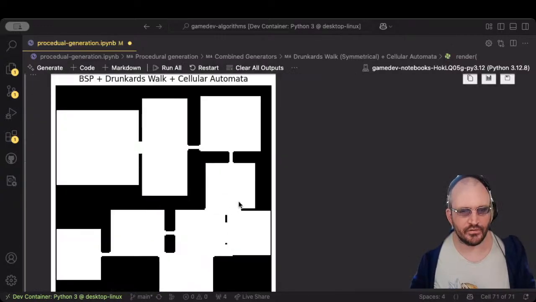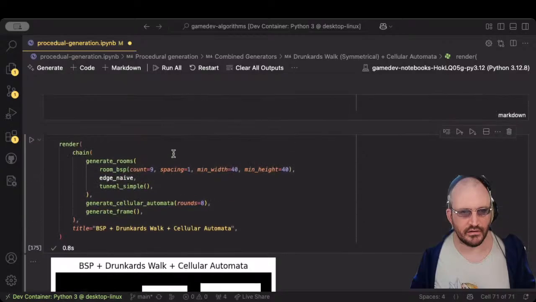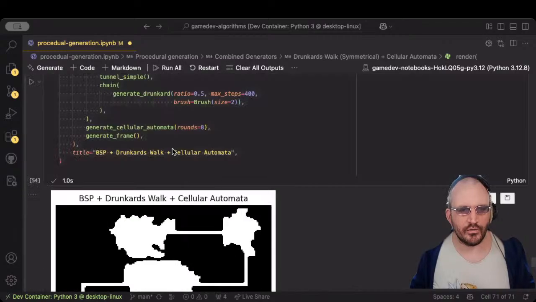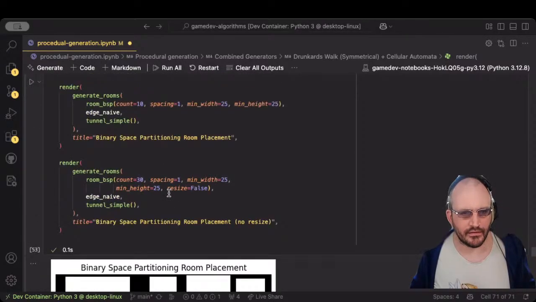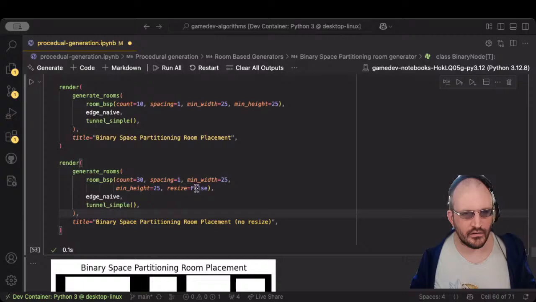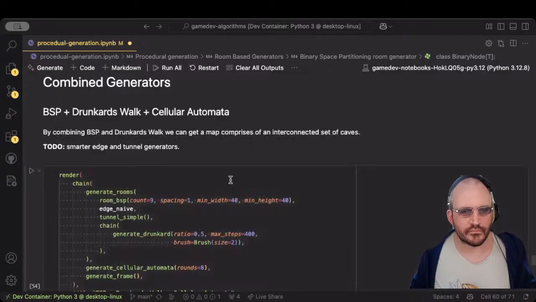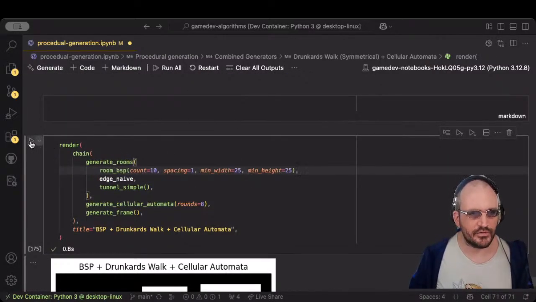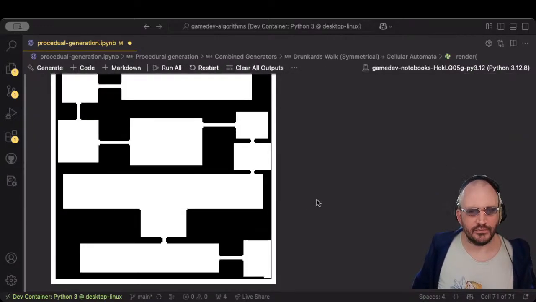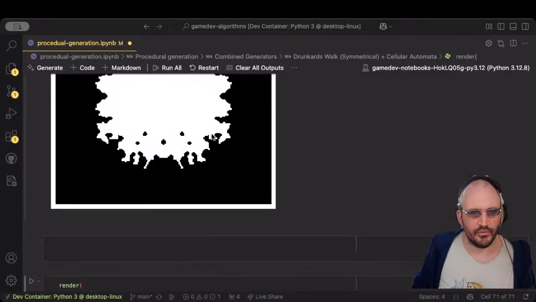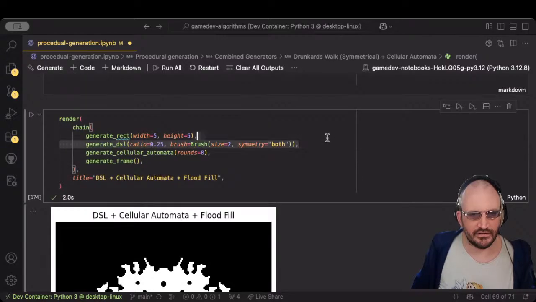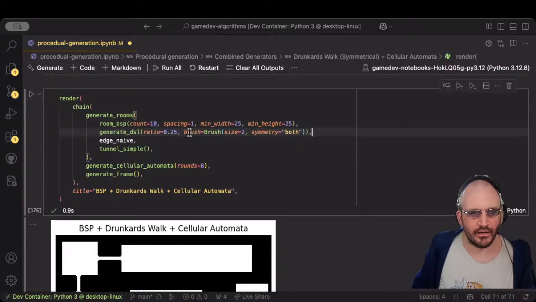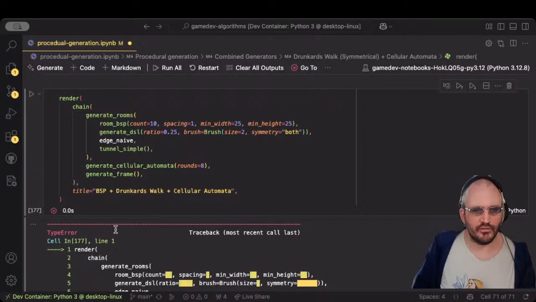Okay, so we get... what do we use for this one? Okay, so we'll borrow these parameters from above. So it's giving a nice spacing. Yeah, so we get this shaped room, and then if we then take the DSL and run it through here,